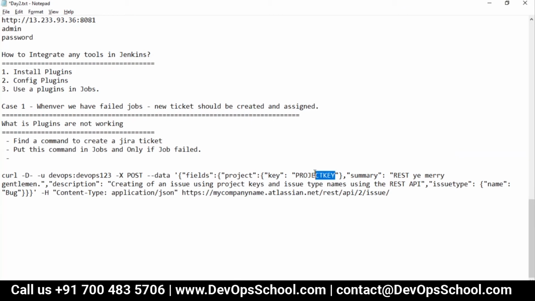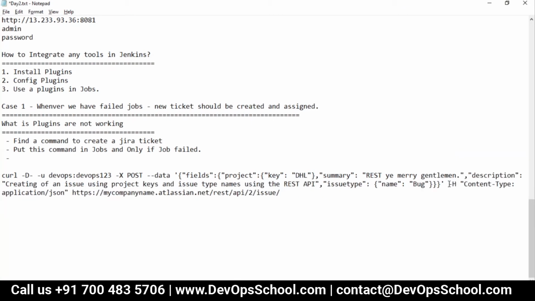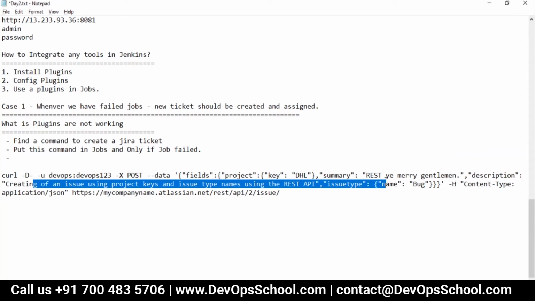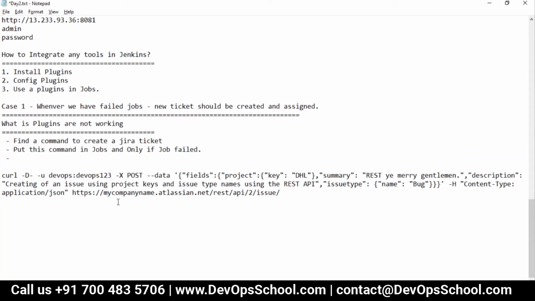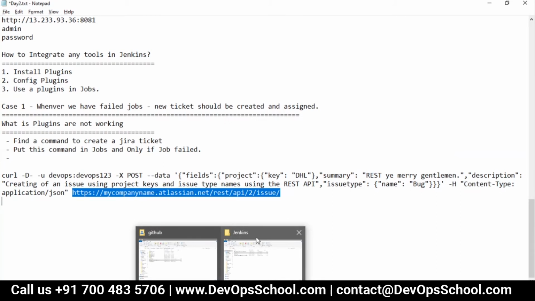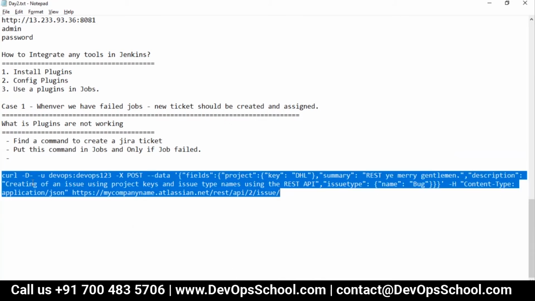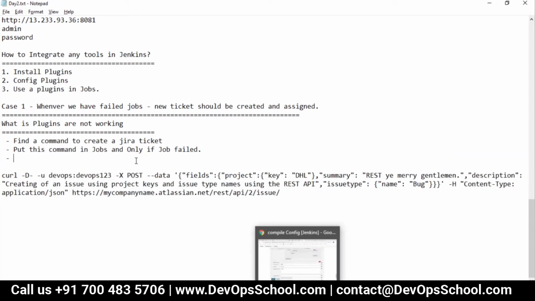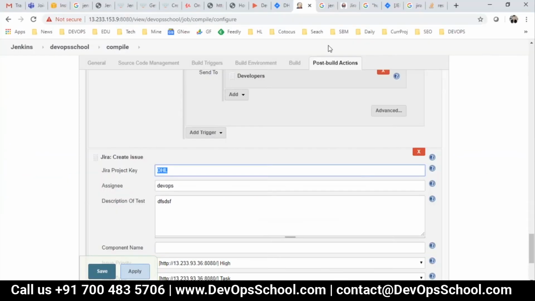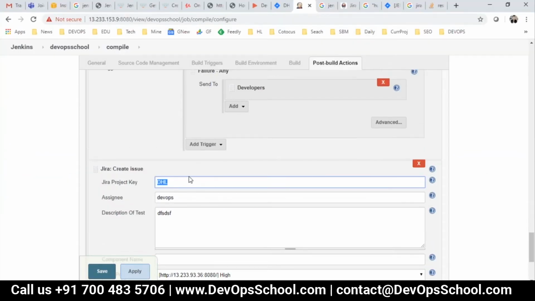This is the project key and summary, and this is the REST API of your Jira. That way you can get it started. Did you understand the concept? Make sense? Understood, guys?